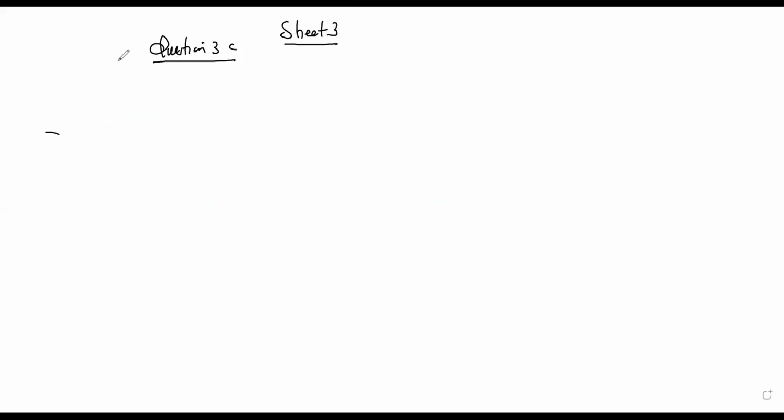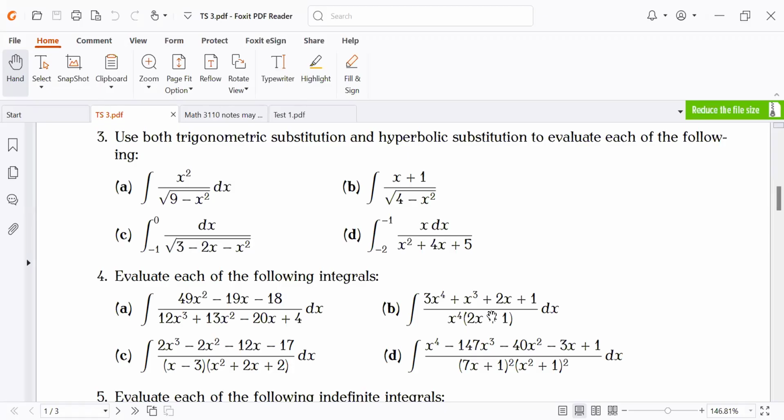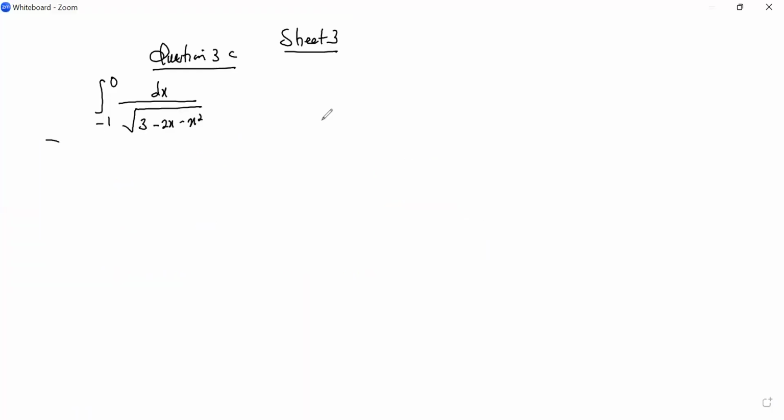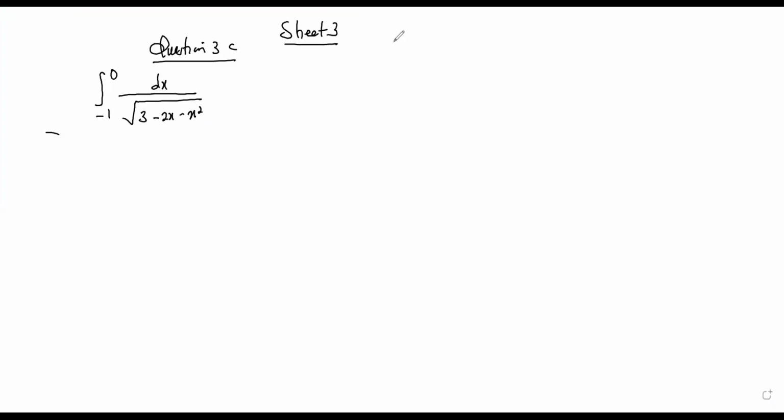So question 3C, we're integrating from -1 to 0 dx over the root of 3 minus 2x minus x squared, is it? Let me confirm. 3 minus 2x minus x squared, yes. Okay. So first we get what is inside the root, which is 3